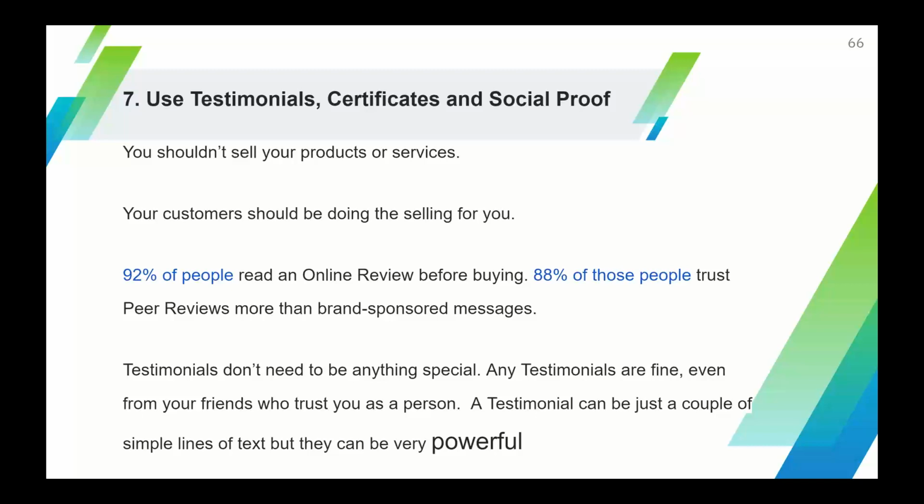You don't need a testimonial from someone who has bought your promoted product or service. It can also be your friend, your peer, somebody else who knows you and trusts you as a person. So, do you have friends who would like to share something about you? Do you have friends in Facebook, in the same Facebook group? Are they willing to say something about you? You just need a couple of sentences.